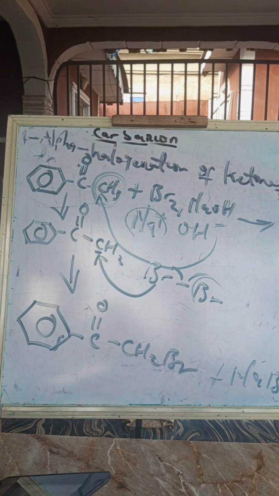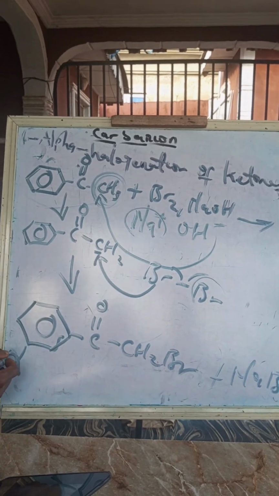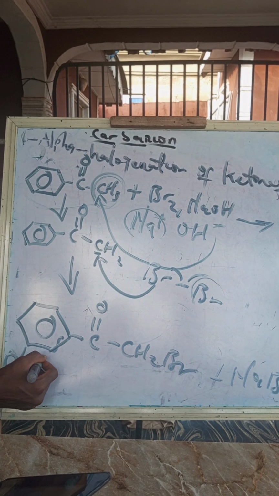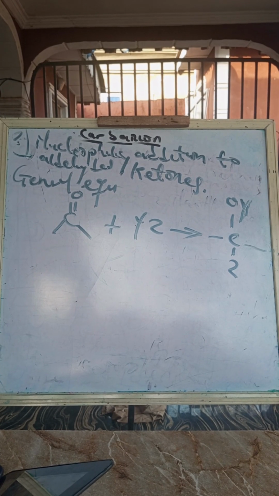Now there's a general name for this. We can say it will be alpha haloketones. The name can be derived from alpha haloketone. So in simple terms, you can say this comes from alpha haloketones. What is our halo group? The halo group is bromine, and the name of the ketone is acetophenone. The previous example that was used gives alpha bromoacetone. So now our next reaction that carbanions undergo is what we call the nucleophile